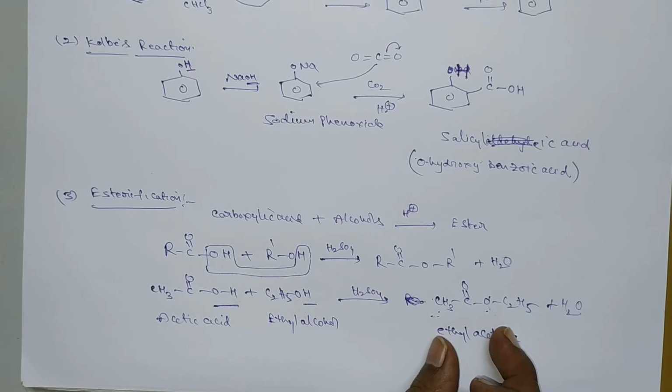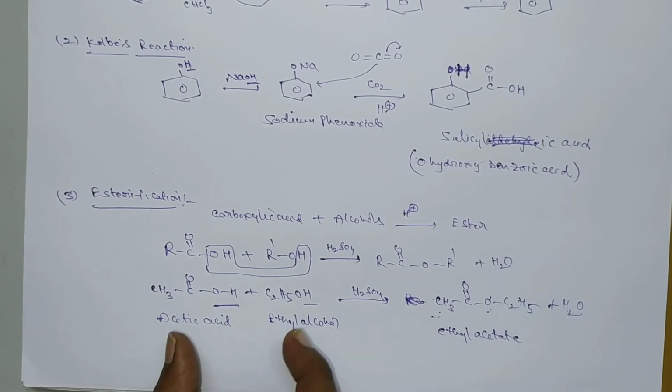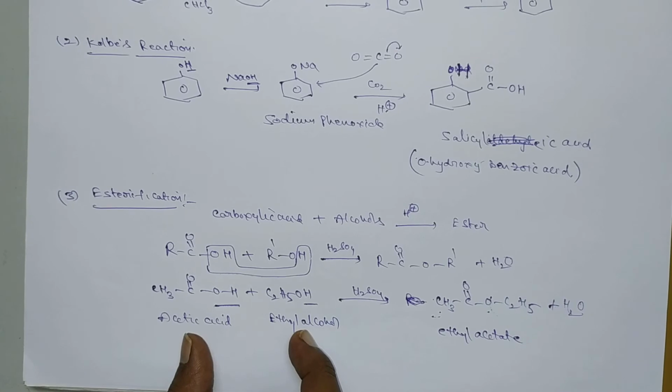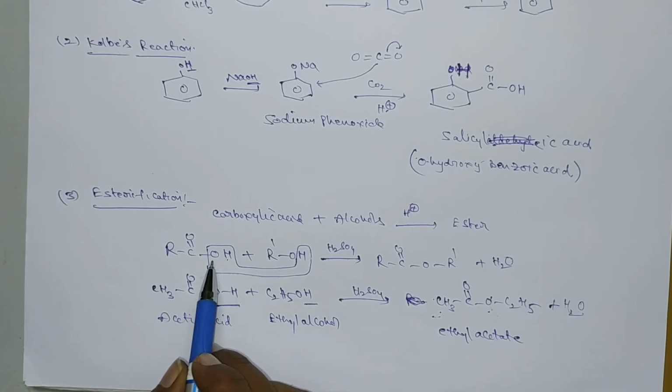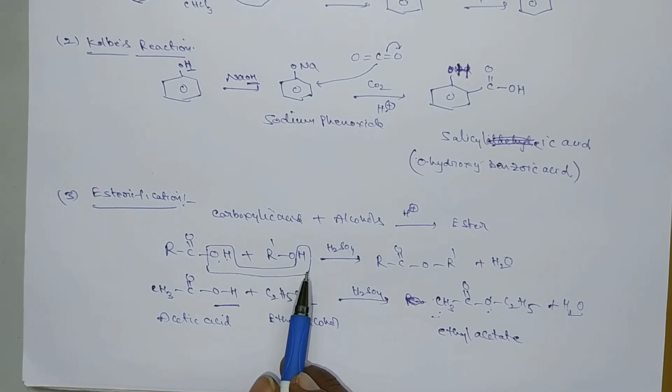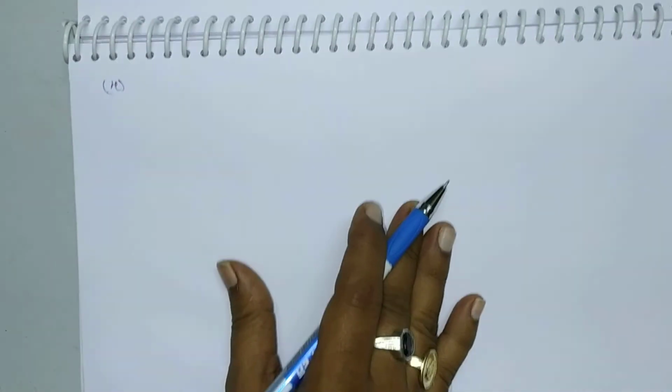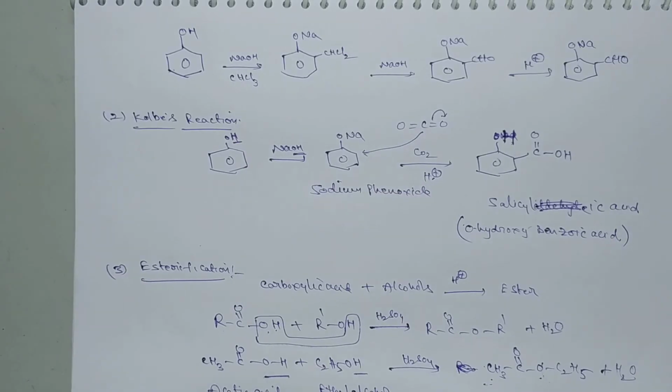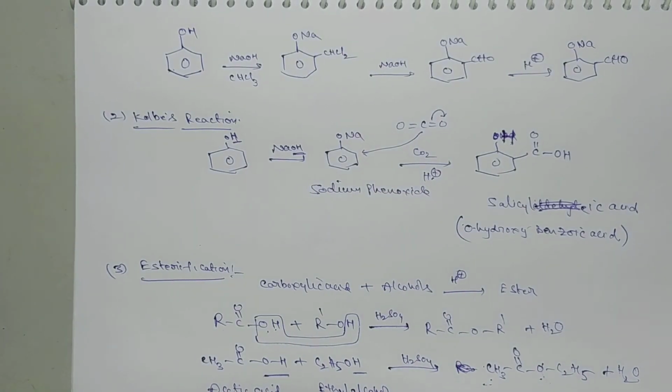So here water is lost from two molecules. How is this water eliminated? The OH- ion is eliminated from the acid and the H+ ion is eliminated from the alcohol. You have to remember this point. This can be explained in the mechanism part. I will explain it later, because each named reaction can be discussed with mechanism and it will take some more time. So I will explain the mechanism in the next videos. For IPE, you don't bother about the mechanism part.